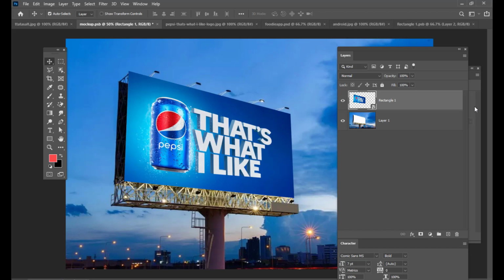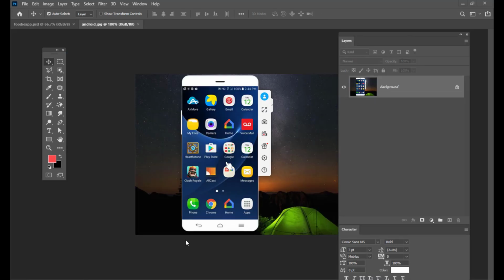Okay, we are going to do a similar example again, this time with a different image. This time I have taken an image of a mobile phone. I am going to create a mobile app and fit it inside the mobile phone, so again I am going to create a mobile app template, or you can say mobile app mockup.